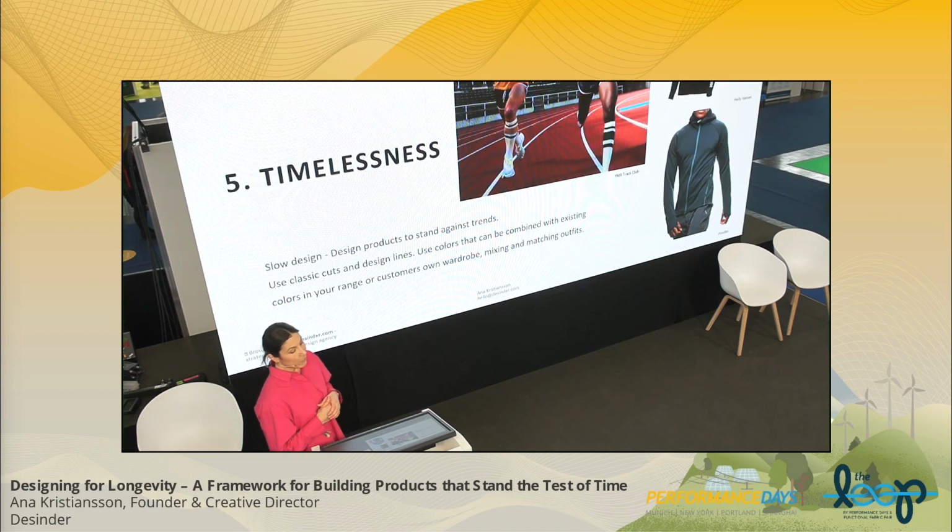Design for timelessness. What do we mean here? Slow design. Design products to stand against trends. Of course, some level of trends is important because you don't want the brand to be outdated or to never feel that it's fitting in the time we're living in. So a contemporary approach is important,